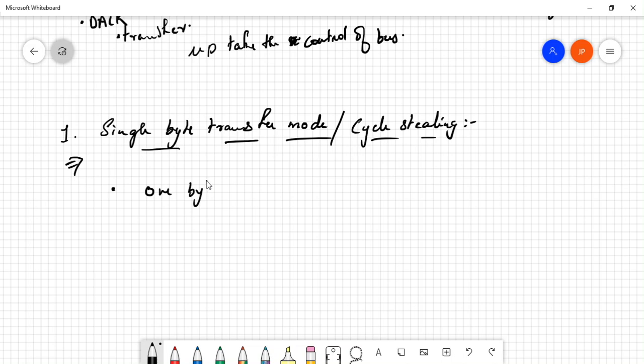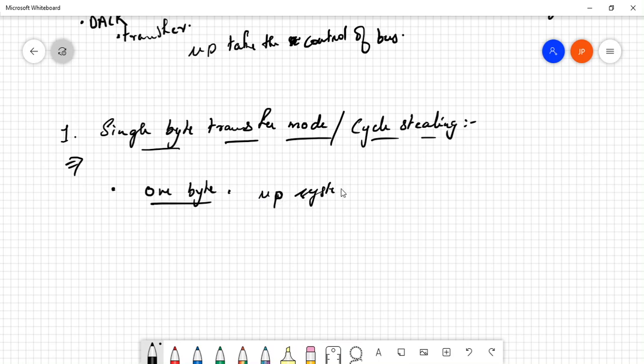It will transfer 1 byte of data and then it will return the bus back to the microprocessor, which means that as soon as the 8085 processor uses the bus for 1 cycle, again it will give back the control to the DMA. So it is like single byte transfer mode, which means that 1 byte of data will be transferred by DMA, and then for 1 byte of operation the MUP will take control of the system bus.